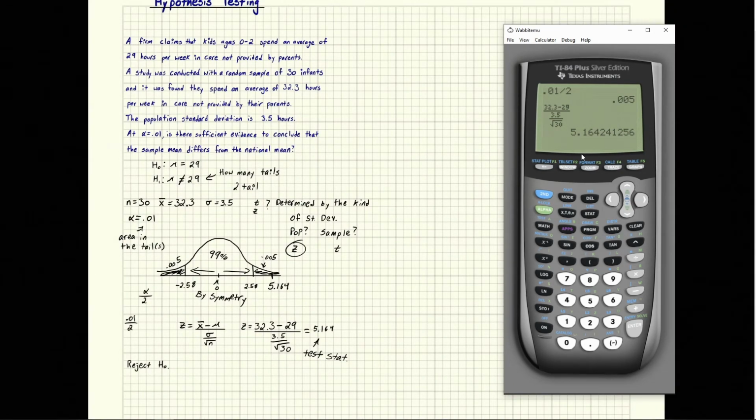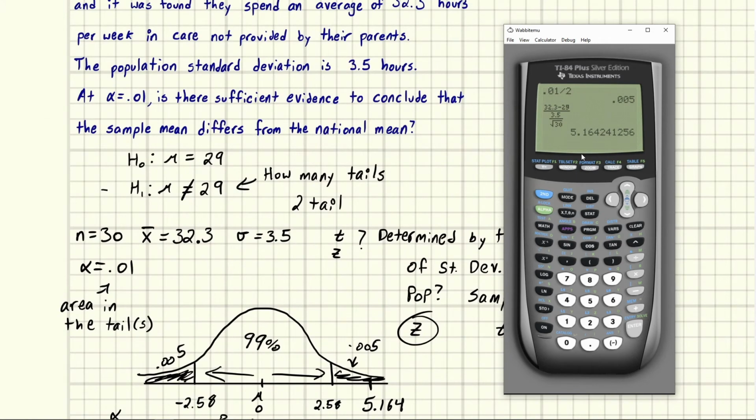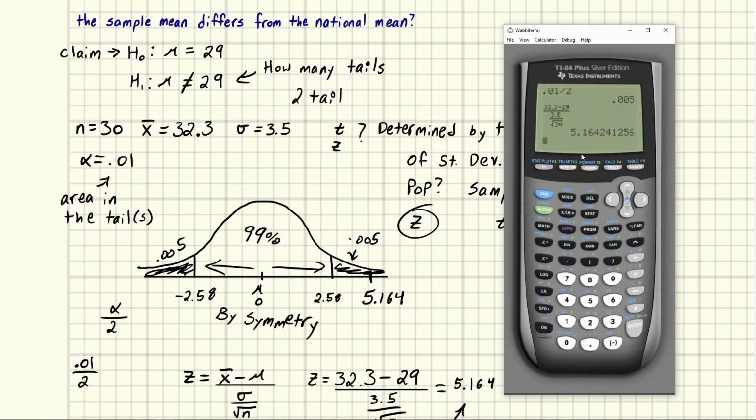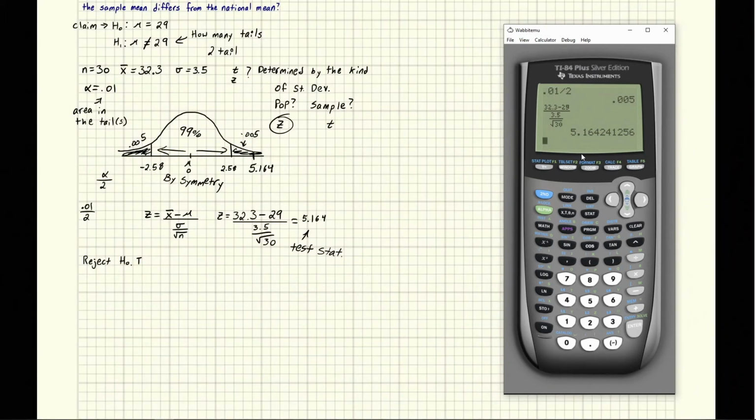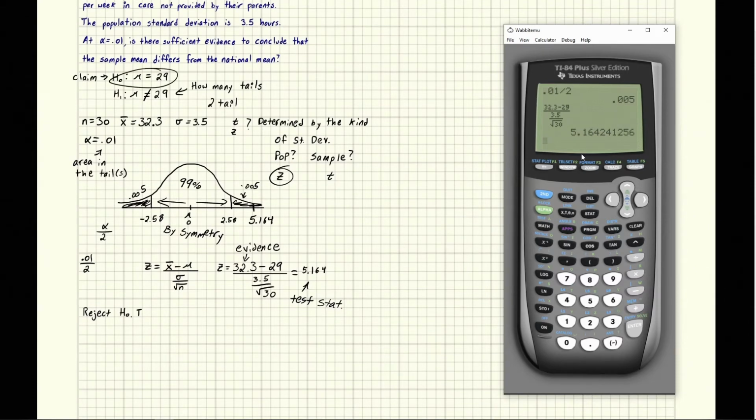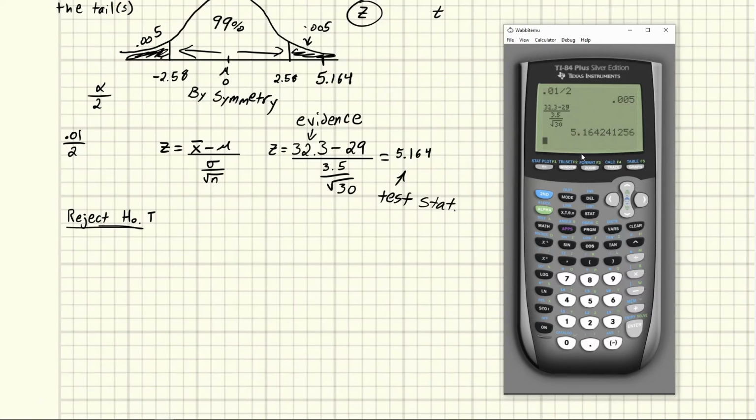So the claim, right? Well, here we have the claim. They claim that this is the case. So the claim is not the same. This could have been the claim for all we know. So in this case, this was the claim. So here's our claim. And so we'd say we reject H0, and then according to our study, our study produced evidence, right? Because we went out, we did a study ourselves, and we found that it's this. And this is our evidence. We did not produce evidence to support the idea that their original claim is right. So we would say that first we reject their null hypothesis, and then we're saying there is